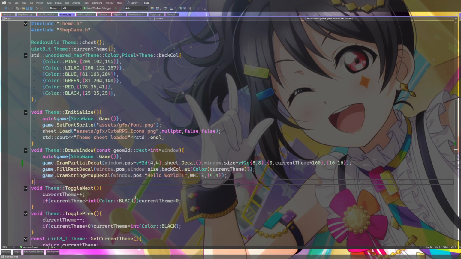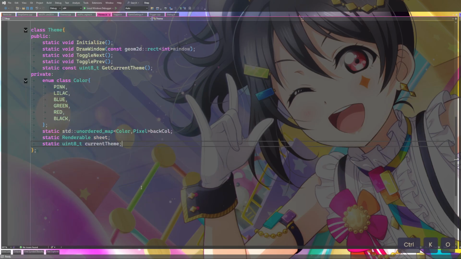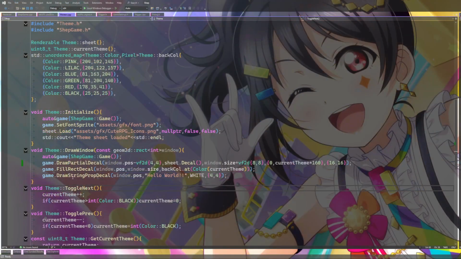So far we have draw window. I'm going to make another function called draw dialog window. I think that would be the next logical step. We can go from there.